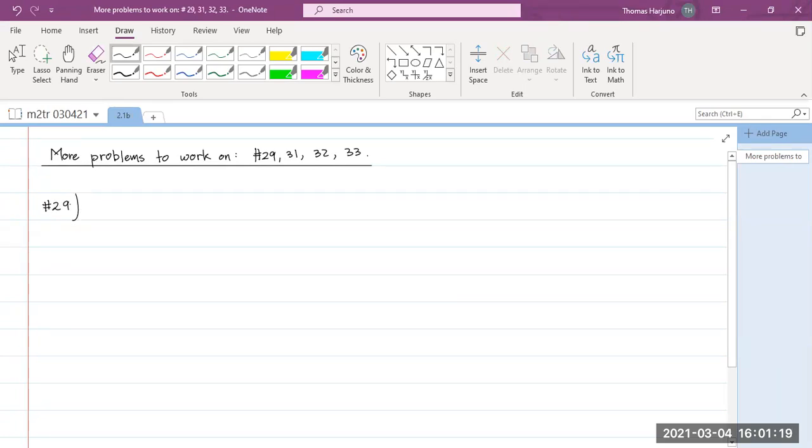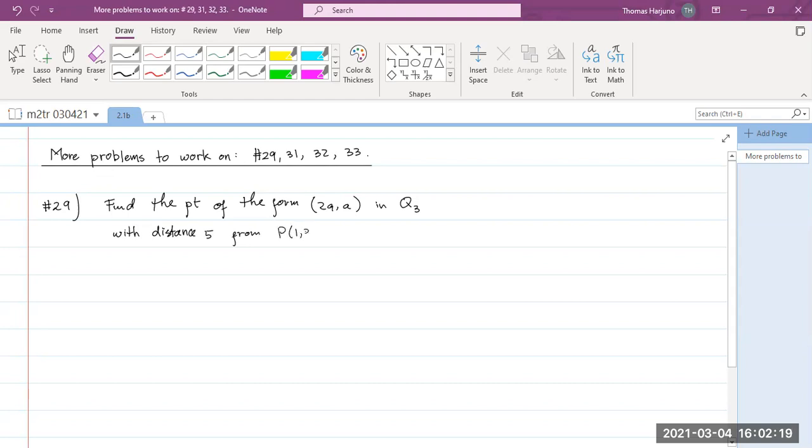Number 29. Find the point of the form 2a, comma a, in quadrant 3 with distance 5 from